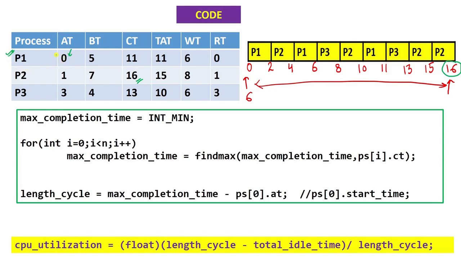So the minimum value of the arrival time will be here only, and we want the minimum value. That means we want the arrival time that is minimum. So we can directly find the minimum arrival time from here. That is, you can say that ps[0].arrival time,